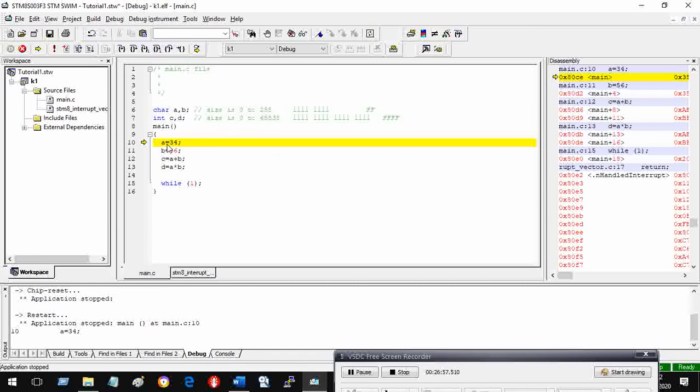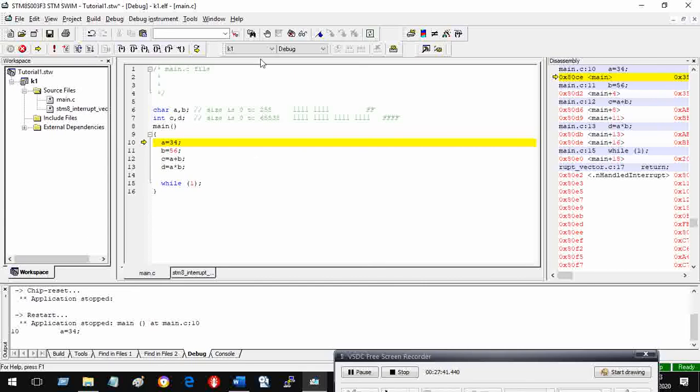So friends, what you have done is a equal to 34 here. If I go to the next step, yeah. So here we have seen what restart means, what chip reset means. You can reset the chip any number of times you want. Whenever you do this, this pointer moves to the first statement. Whenever you reset or restart, this pointer comes to the very first location in the main. In no other part of the program, but in the main, the first statement is where the program execution will start. So program execution will start here.